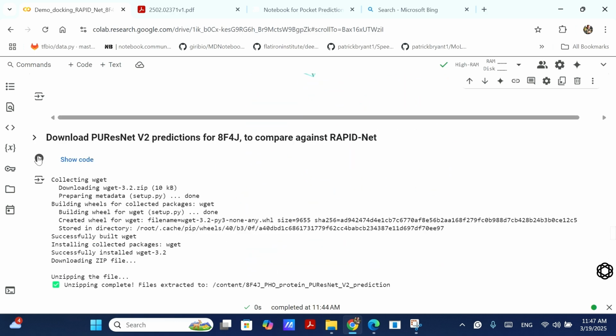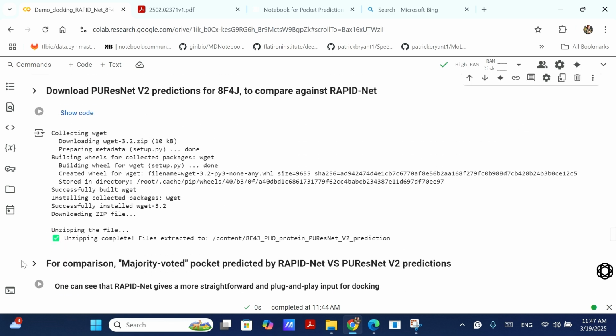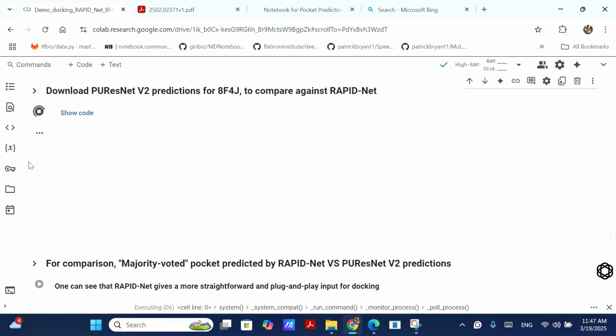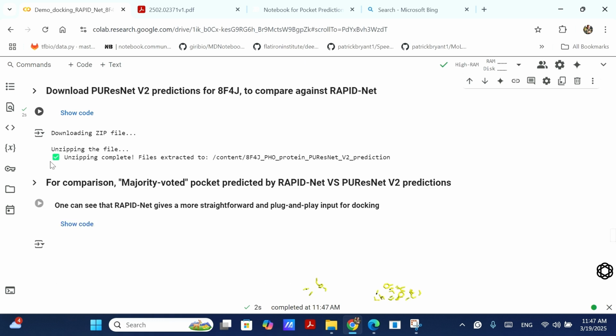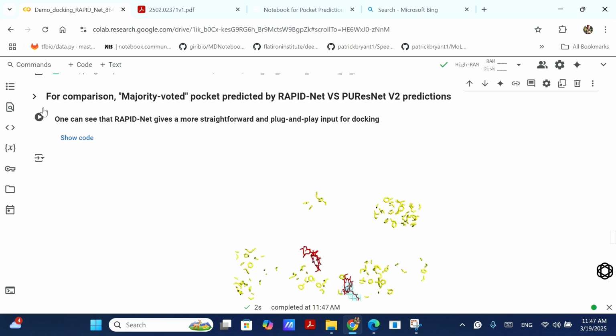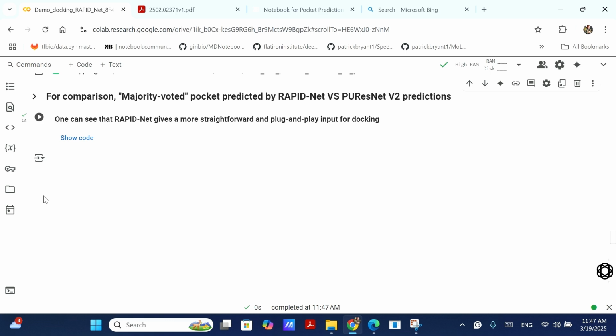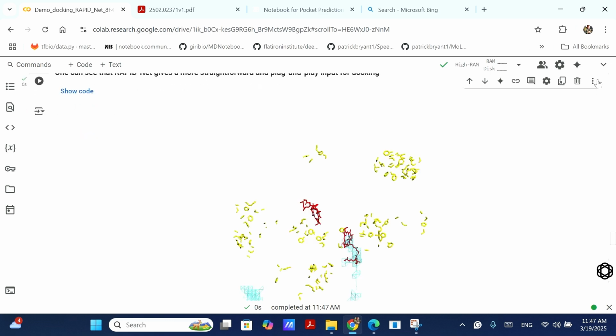let's compare our predictions to PureZNet version 2. This is another recent pocket predictor. To simplify your life, I've just downloaded all the files to Zenodo, and here are these files. And then if you just upload this, you can see that